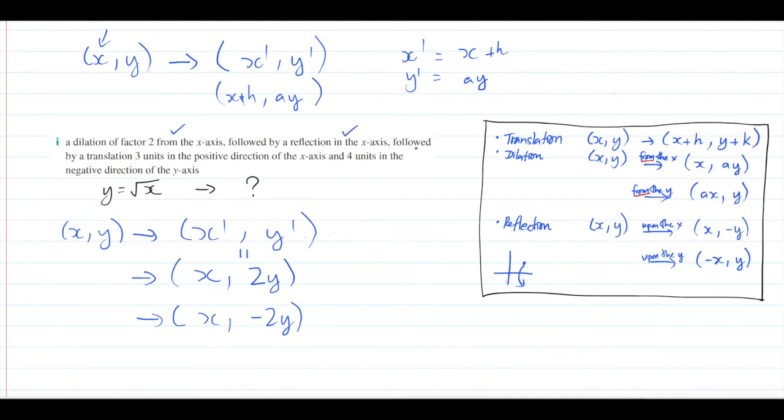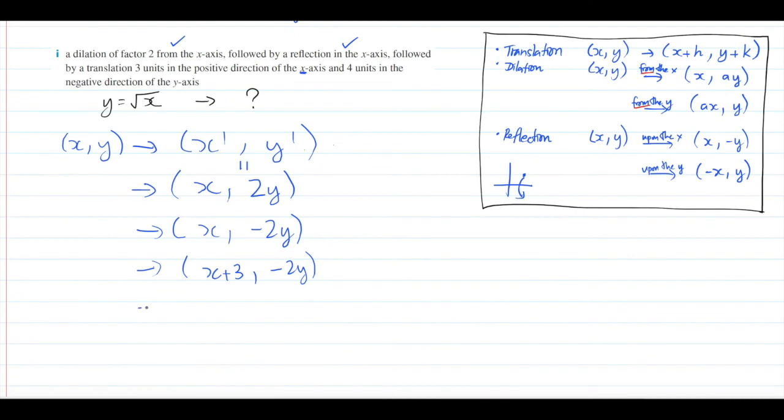So that's tick. And then we're going to go followed by a translation of 3 units in the positive direction of the x-axis. So this is telling us that it's shifting 3 units in the positive direction, meaning to the right of the x-axis. So in that case, we put a +3. So don't get that confused, even though it's in the x-axis. When it comes to translation, take it as it is. You're moving along the x-axis. That's what it means. Your y stays the same,